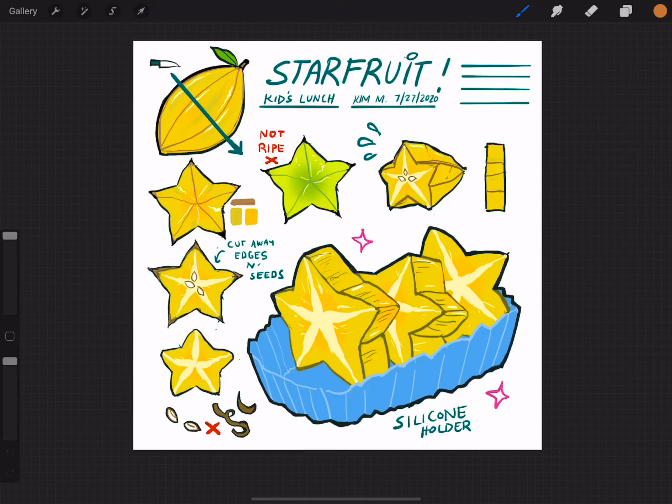But yeah, I found out actually, before I worked on this, when the power was cut out and I couldn't look at references online. It was so funny, but I drew it like kiwi fruit, and star fruit does not look like kiwi fruit technically. So what was going on with that is when the power came back on, I realized, oh snap,